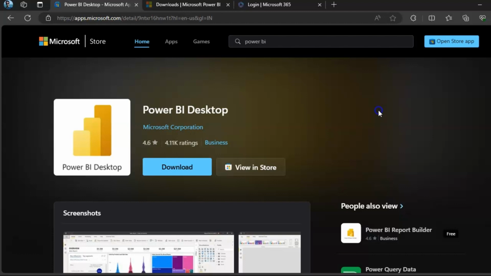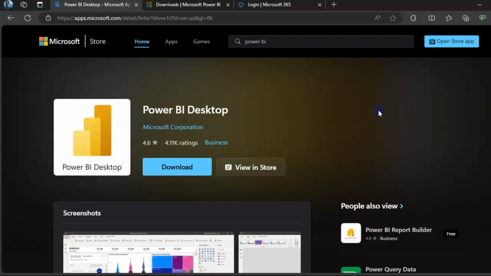Now the second reason is that it doesn't require any administrator access. So if you're not working in any company, or if you're not exactly working in any administration, you can still work with this Power BI desktop version and create dashboards for yourself, right? So this is the second reason why you should always prefer Power BI desktop installed from Microsoft Store.